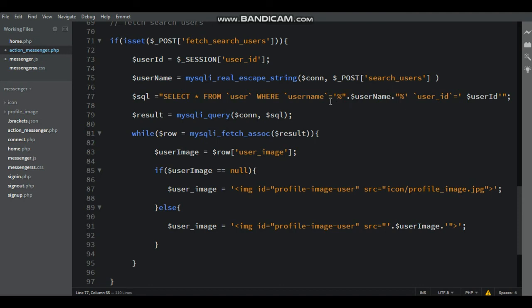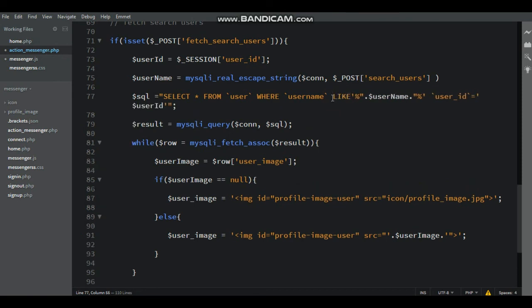Sorry, here not equal to, that is username like username, and then after that the AND function, that is AND.